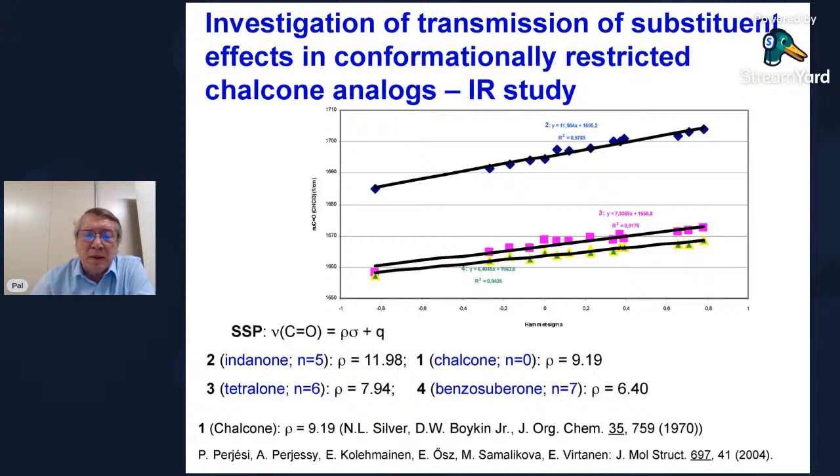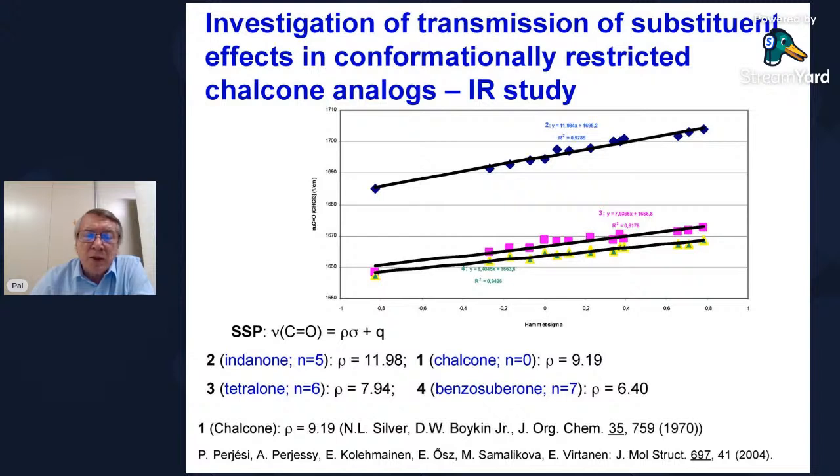Afterwards, we found the most efficient system is the chalcone system. It means that the open chain chalcone system and the 5-membered ring chalcone system are the most planar series, in which the efficiency of the transmission of the substituents is the highest. In case of the tetralone series, where the ring size is 6, and in the benzosuberone series, when the ring size